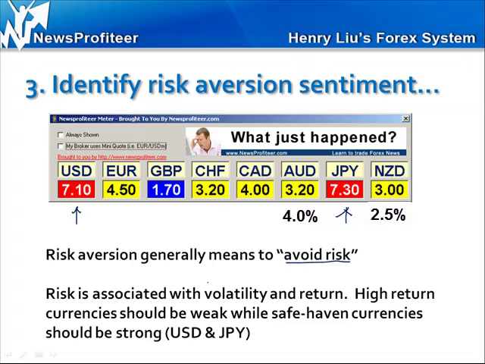So when we say volatility and return, the high-return and volatile pairs tend to really suffer in a risk aversion sentiment. So when you identify a strong dollar and Japanese yen at the same time, it basically tells you it is a risk aversion environment. You could just go ahead and sell the pound dollar, sell the Australian dollar, sell the New Zealand dollar, sell the pound yen, sell the euro yen, sell the Aussie yen, because all of them are